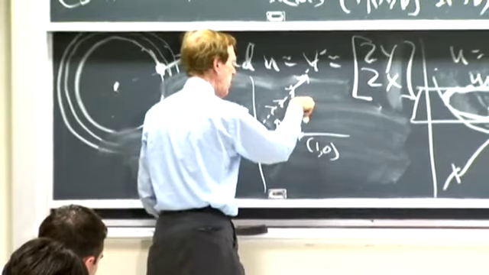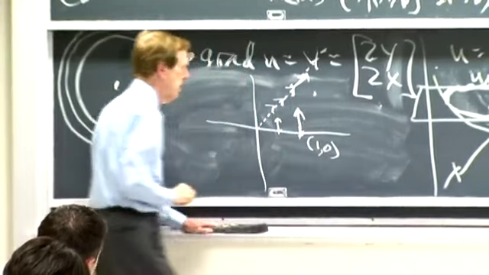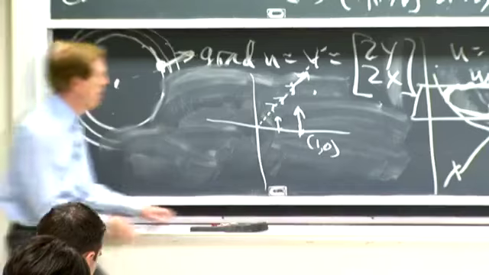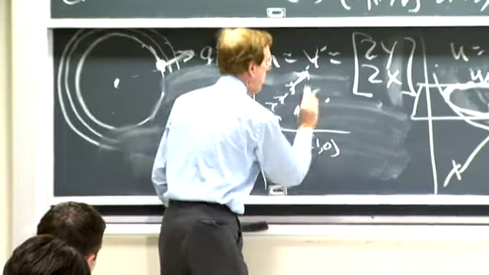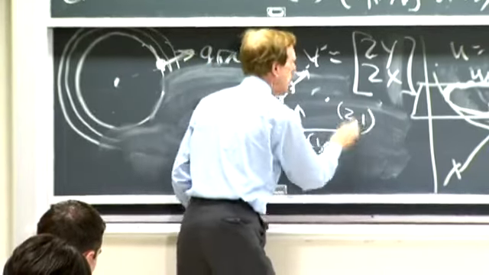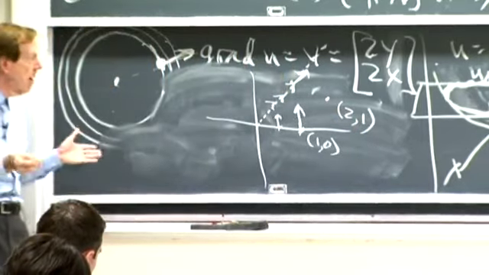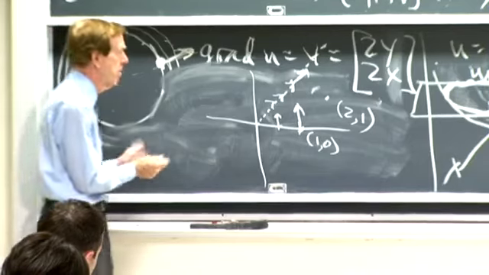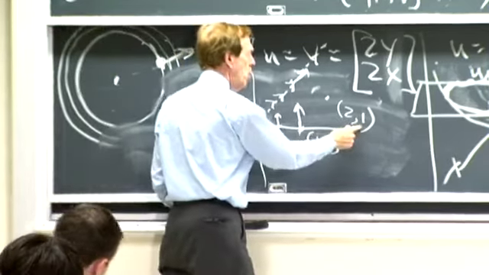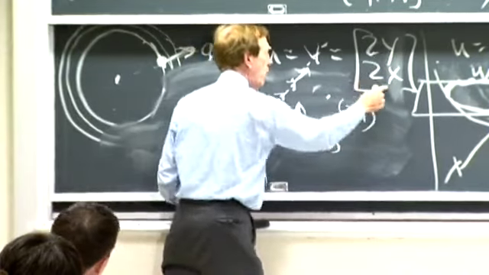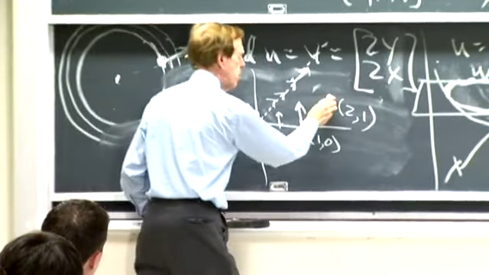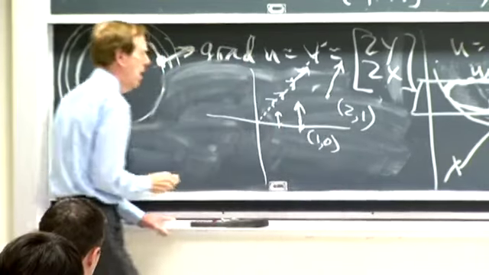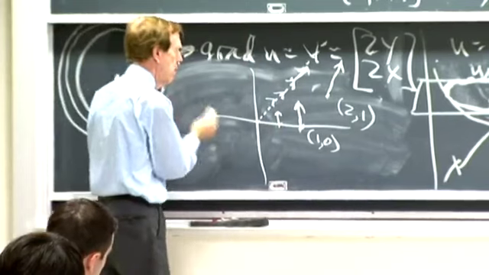Can you give me some other point here just so we get some handle on this? How about the point 2, 1? What's the vector if I just want to draw? I'm just drawing here, and of course, code would do it much better than I'm doing. At 2, 1, that gives me 2, 4, right? So at 2, 4 is over 2 and up is like this. I think, but I don't swear to it,